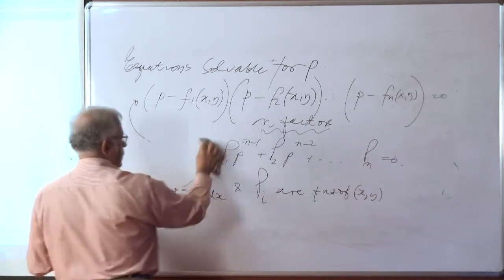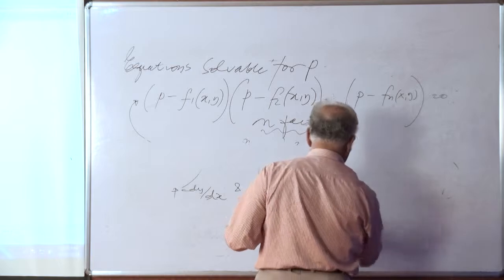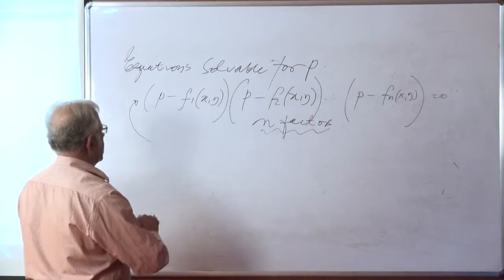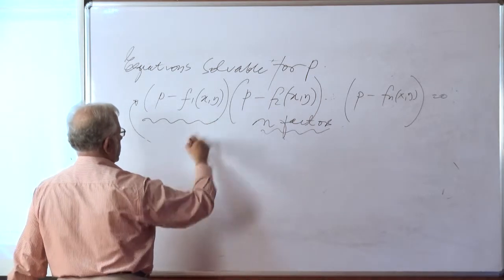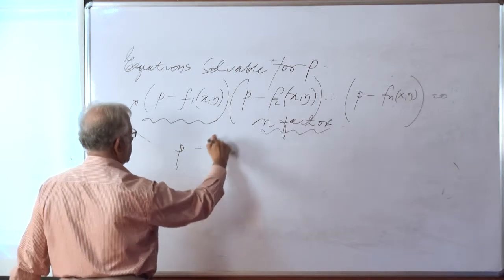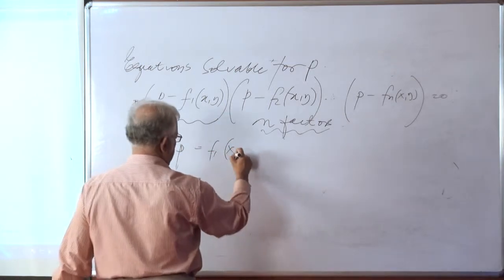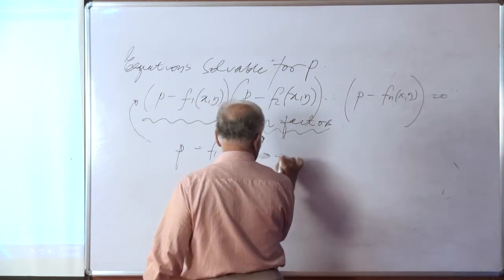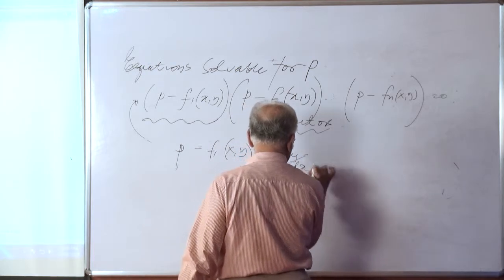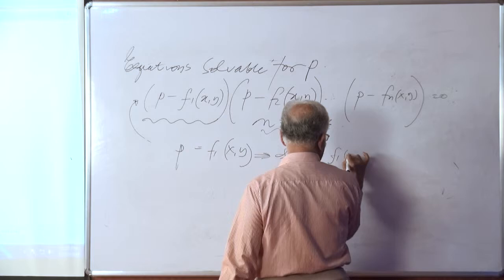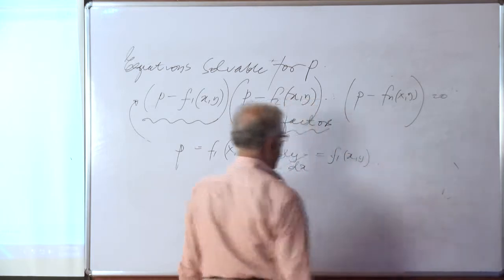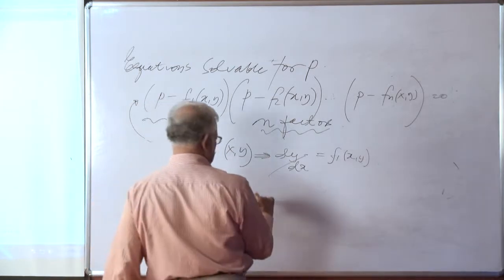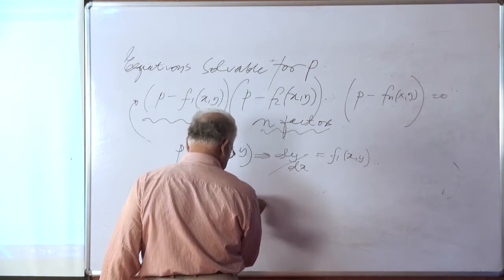Now, if this be the case, then we can take solutions as follows. Supposing we start with this factor, p is equal to F1 xy. In other words, our dy/dx is some function of x and y. Let us say that this particular one gives the solution